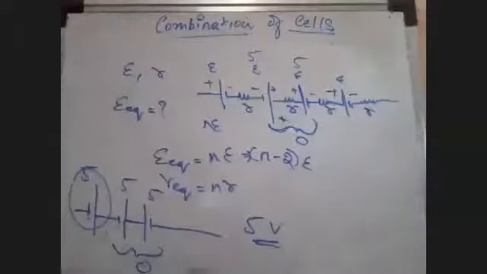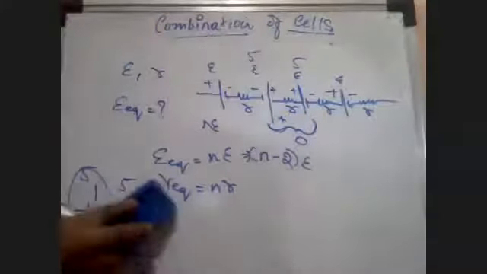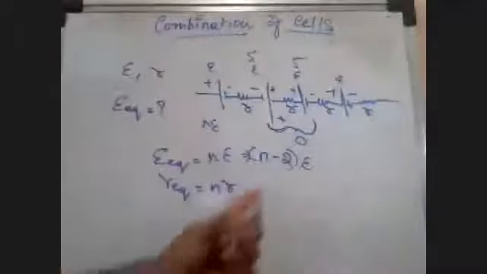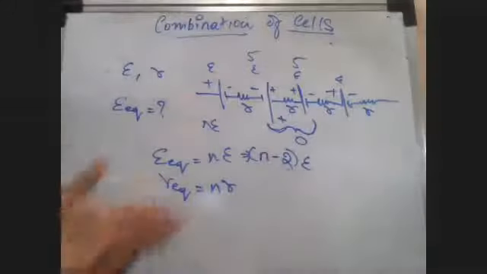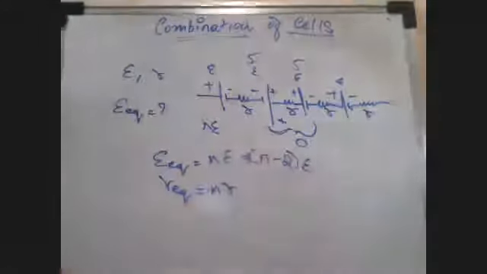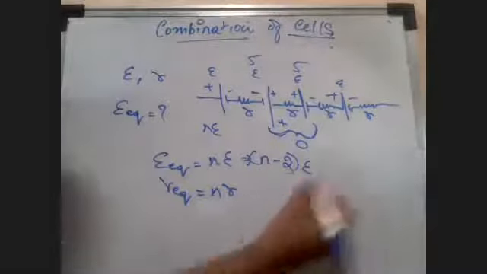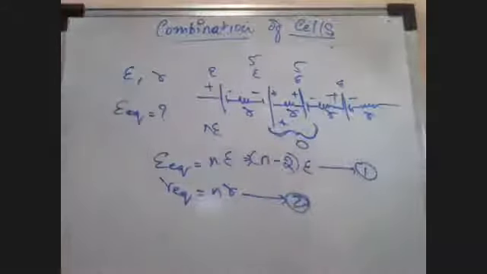So at least you've asked a doubt, you solved it, and now you're able to understand. Fine. So if everyone has got it, 2 cells neutralizing gives n minus 2 epsilon. That is the reason minus 2 comes over here. And for R equivalent, can you see n number of resistors? Of course, your resistors are not going to cancel each other, so R equivalent will be n times R itself. So this is one, and this is your second equation. These are 2 simple equations for you to understand a simple concept, that is potential in series.